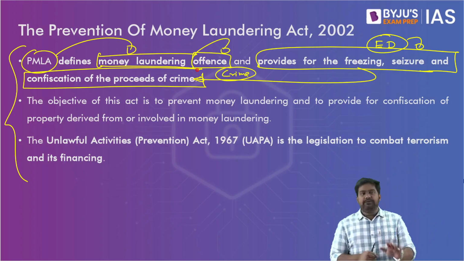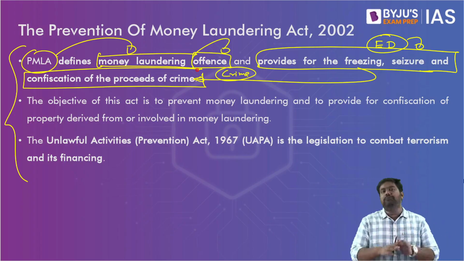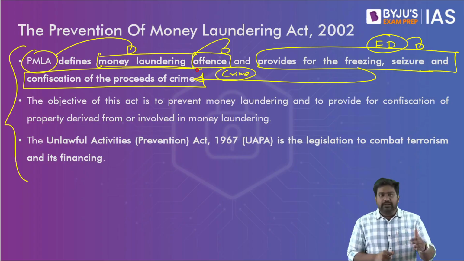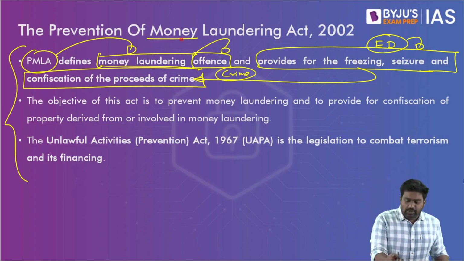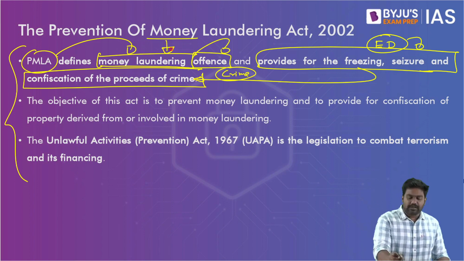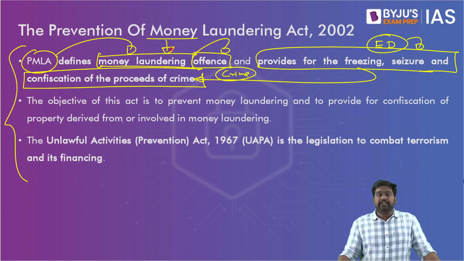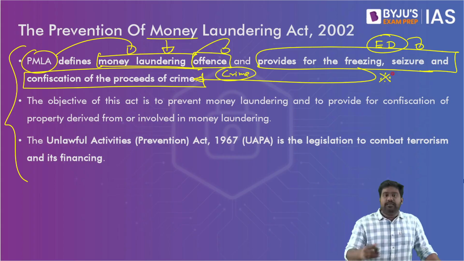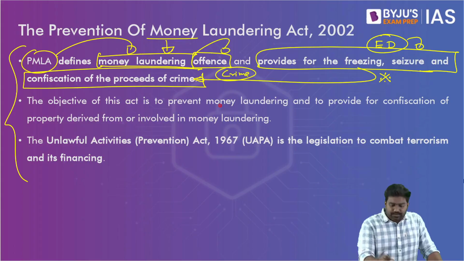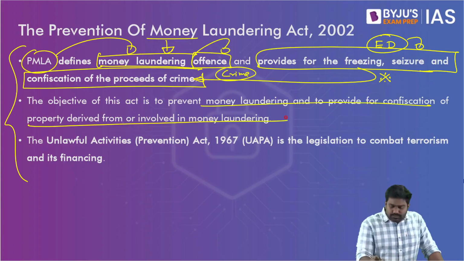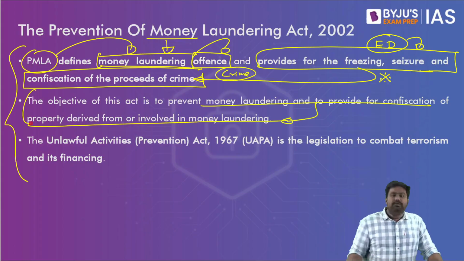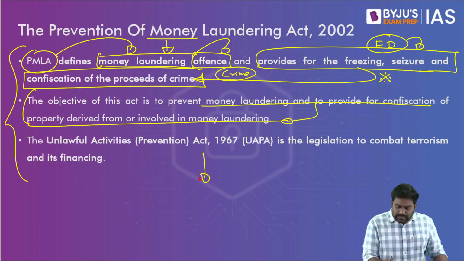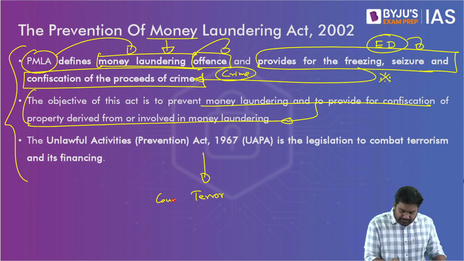So as recommended by FATF, we have implemented all the provisions, right? ED can declare this as a criminal offense. It can register an FIR, a criminal case can be registered, treating it as a criminal offense. And the assets, the proceeds of the crime, can be frozen, seized and confiscated and attached to the ongoing case. So all the required measures have been implemented by India, and even the terror financing measures, the counter-terror financing measures,